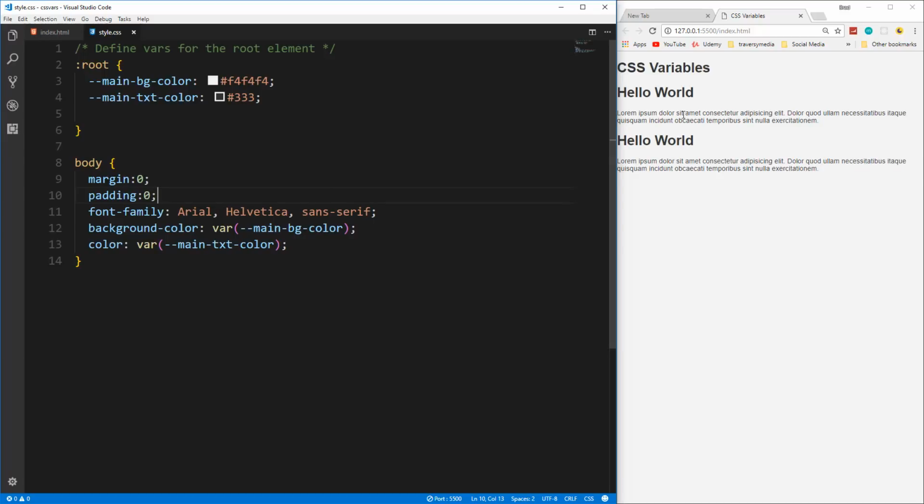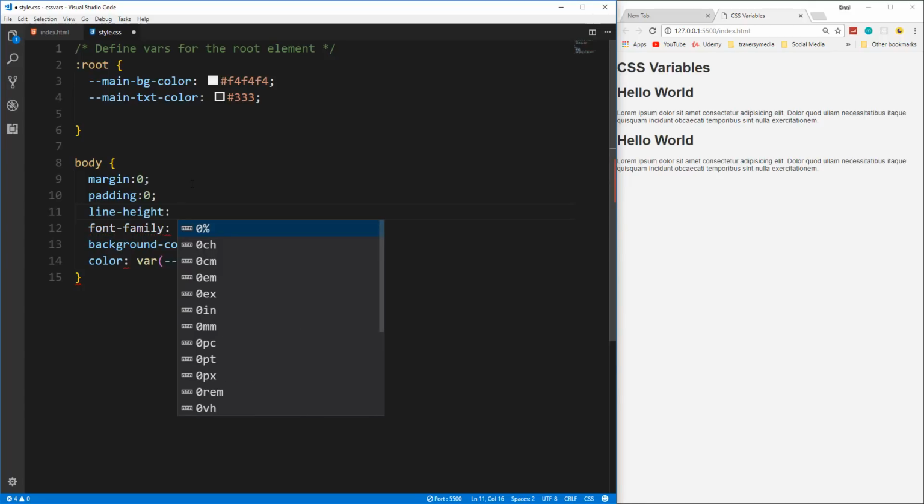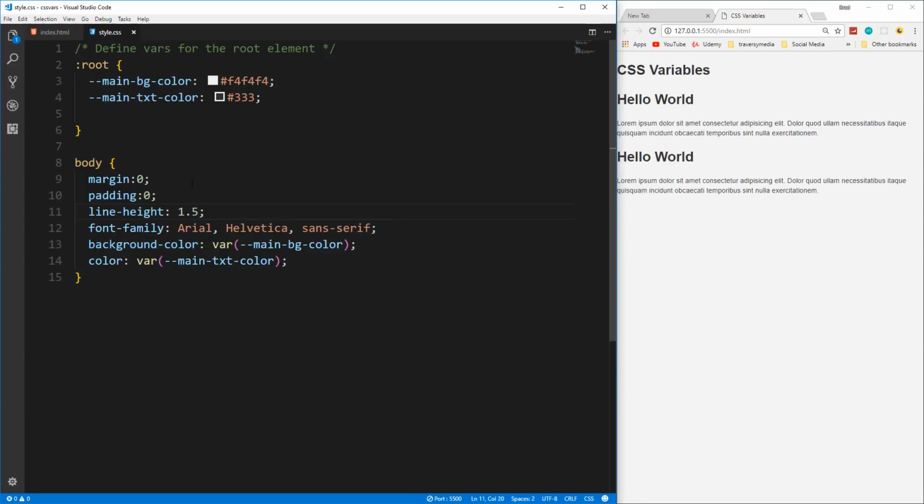So zero that out. So now you can see the font's changed and all that. We'll also set a line height, which is again something that you could put in a variable if you wanted to. Okay, so now let's